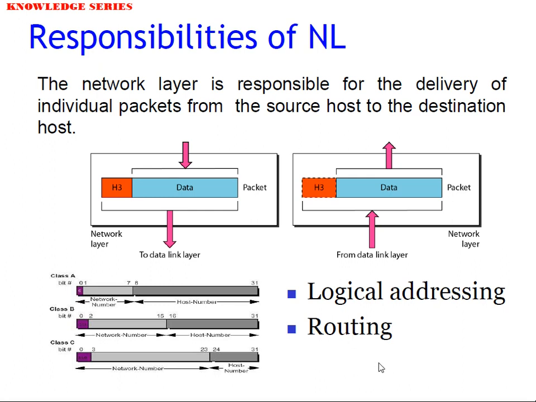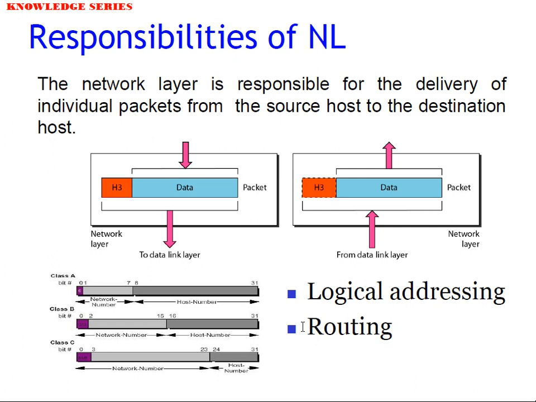Congestion control means it tries to reduce the traffic on the network to reduce the delay and increase the performance. When the routing is proper, your congestion becomes less, and automatically delay will be less, and thereby the performance will increase. So this is what we see in the case of the network layer.